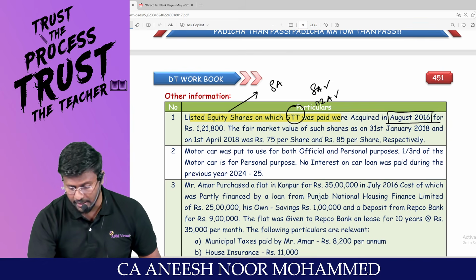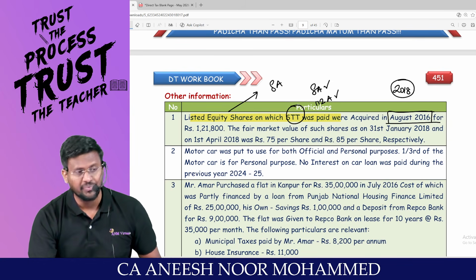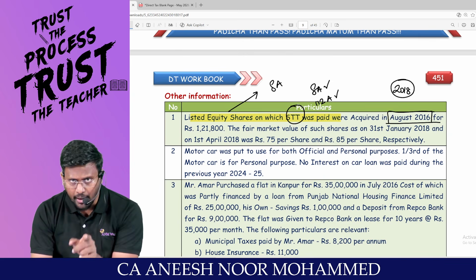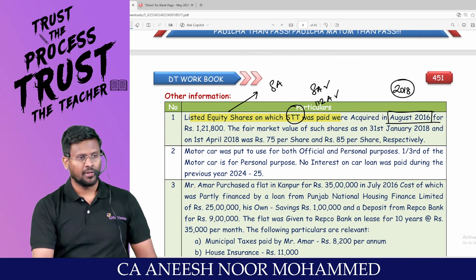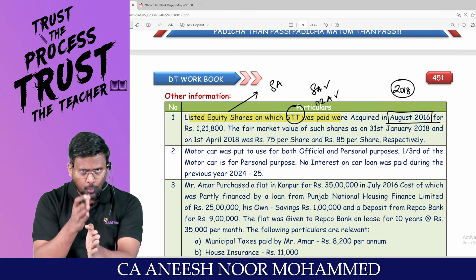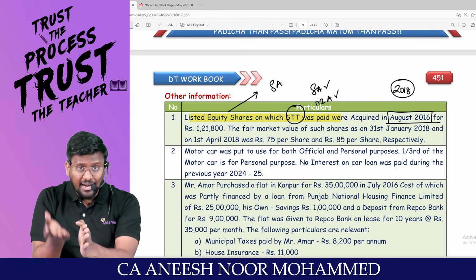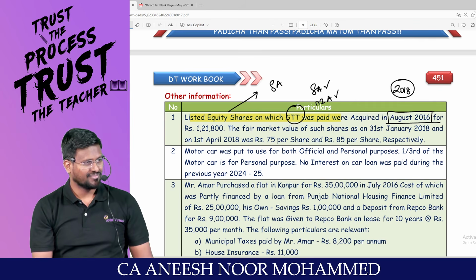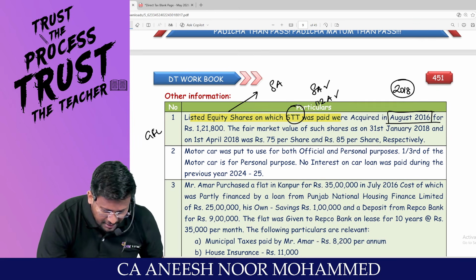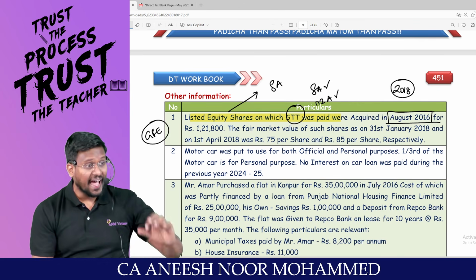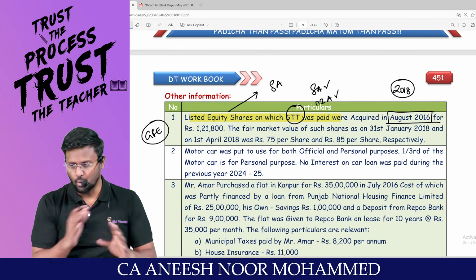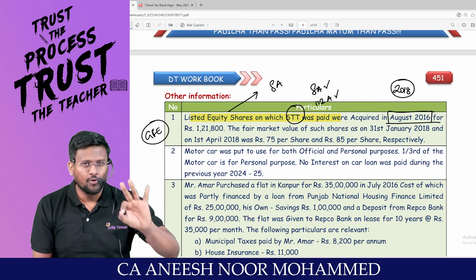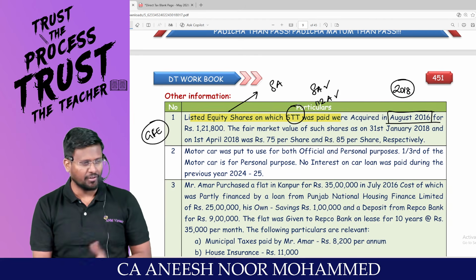2016. As we all know that 2018 is the cutoff date for the super asset. This super asset has been acquired before the cutoff date. And the acquisition of the super asset is before cutoff date. And the sale, transfer of the super asset is after cutoff date. Then grandfather effect will be applicable. Grandfather effect means there is no question of benefit of indexation. Proviso 3 is saying that for super asset there is no question of benefit of indexation at all.